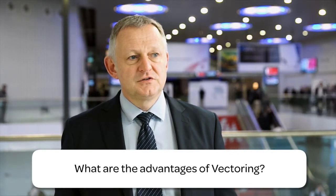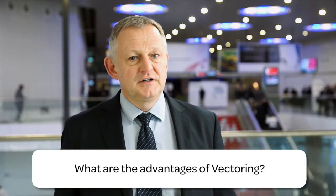For Belgacom, vectoring is really a key technology. Two years ago we concluded a partnership with Alcatel-Lucent to develop vectoring. We started testing it last year and we're about to launch it as of January. So this means that it's really a key technology for us in offering a higher bandwidth. We really see this as the next big thing on VDSL, since it will allow us to upgrade the speed by at least 40% from what we know today on our VDSL